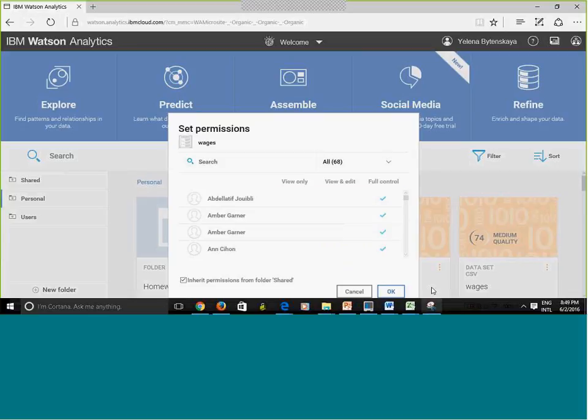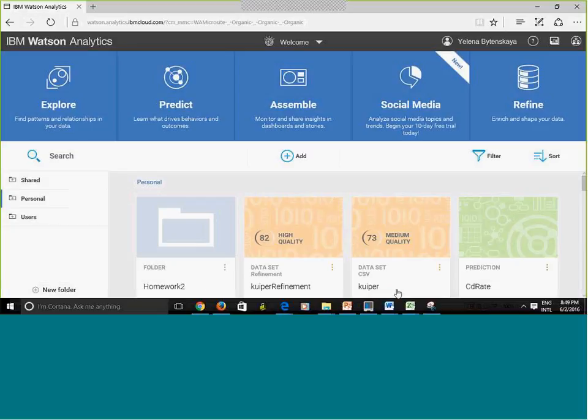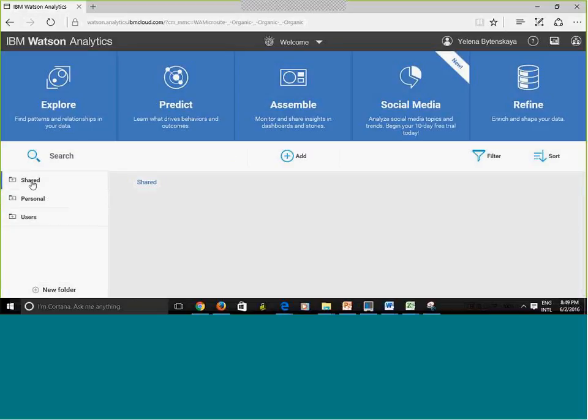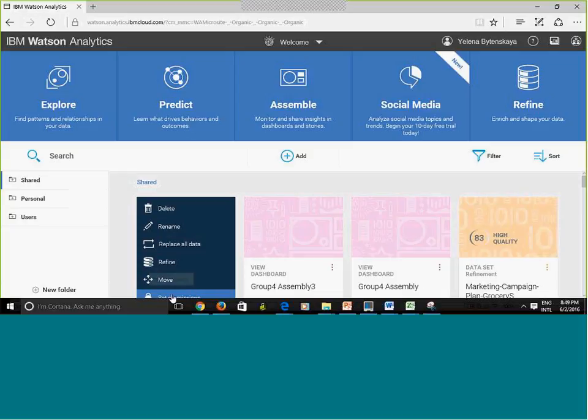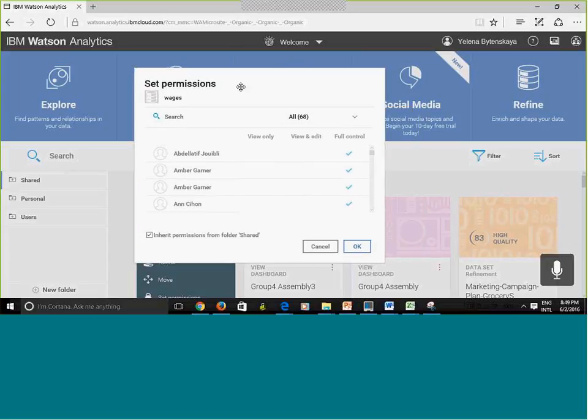Okay, here it is. See, this is the default. I'm going to hit OK, and right now I'm going to go to the shared area, and believe it or not, accidentally I lost my admin rights one day because I was not careful. Okay, so what you do here is you click here and set permissions. Okay. Here it is. So right now, I have full control. Everybody in the system has full control of this file, right? What I can do is uncheck this and clear all.